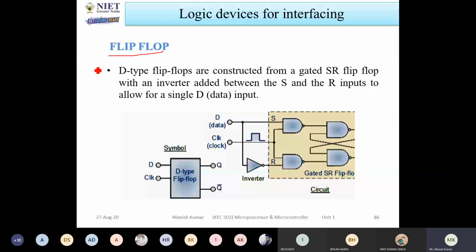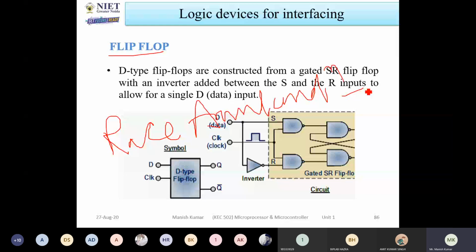The disadvantage of JK flip-flop is called the race around condition. So what happens in the SR flip-flop? We combine the input with the help of an inverter, so if you provide 0, you get 0 at one terminal, and at the other terminal you get 1. When you provide 1, you get 1 and 0. In this way we use the D flip-flop, since in the SR flip-flop 2 inputs are required, but for storing the data we require only 1 bit.